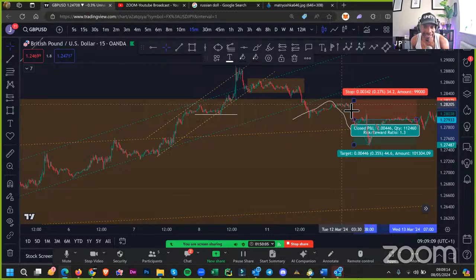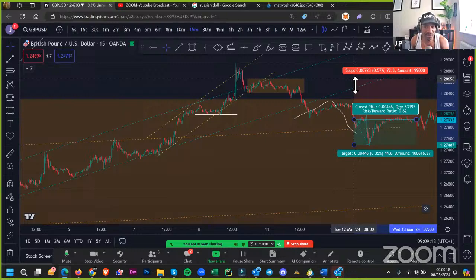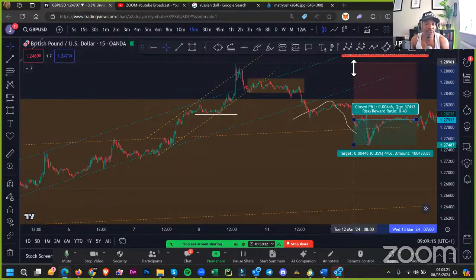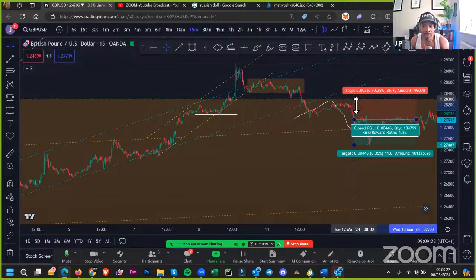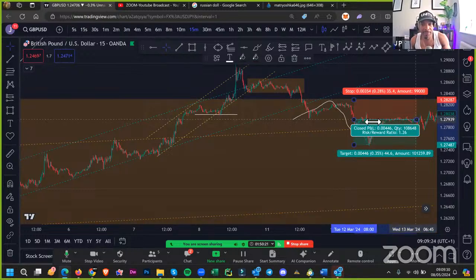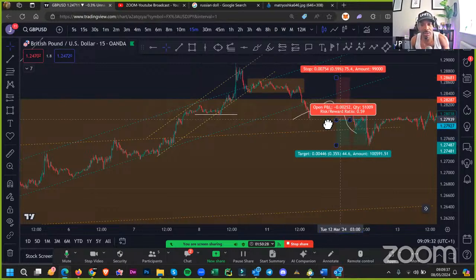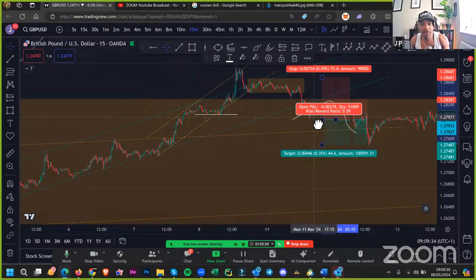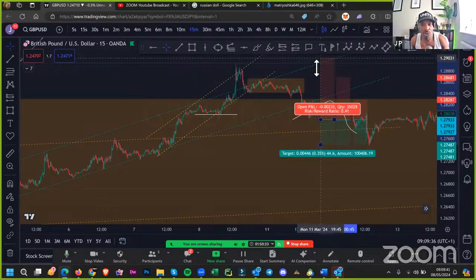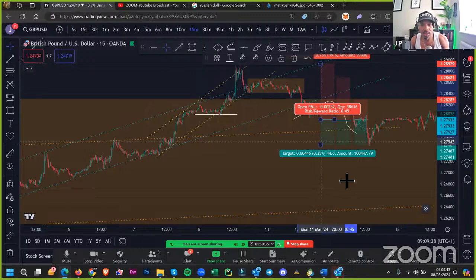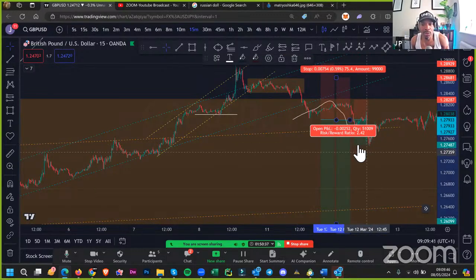Above the last high is an aggressive entry. Above the next high, wherever that may be, is less aggressive. Above the highest point is the safest entry, but it's low risk, lower reward. Now, what I normally do in educational sessions, I put all of them in. So I'll put this being your high risk, high reward entry. I'll put one right beside it saying this one's going to be your medium risk, medium entry, medium stop. And this is going to be your low risk and your low reward entry,